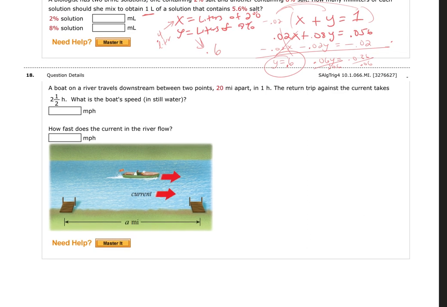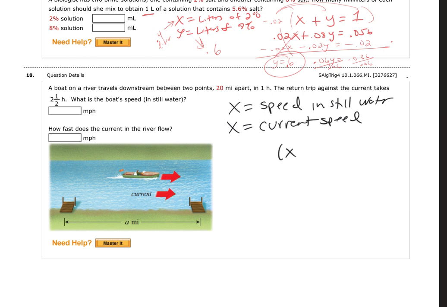Number 18, a boat on a river travels downstream between 2 points that are 20 miles apart in 1 hour. They want us to again find the boat's speed in still water, and then the boat's speed with the current. Speed in still water, and then this is the current speed. On the way down, it says that it was 1 hour. So the way down, we have the still water with the current increasing our speed, using distance equals